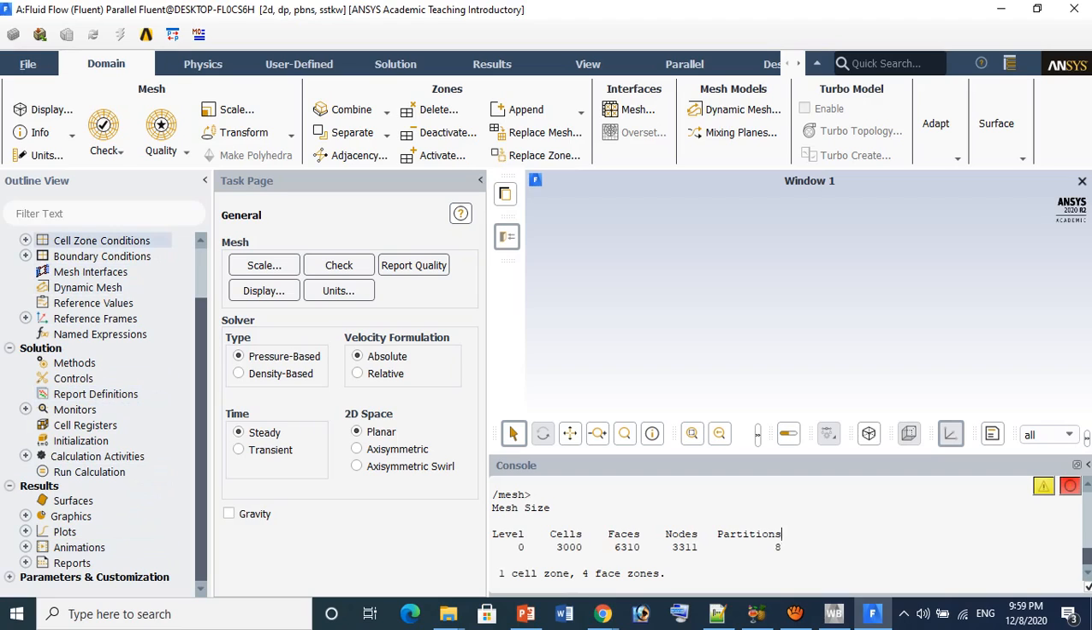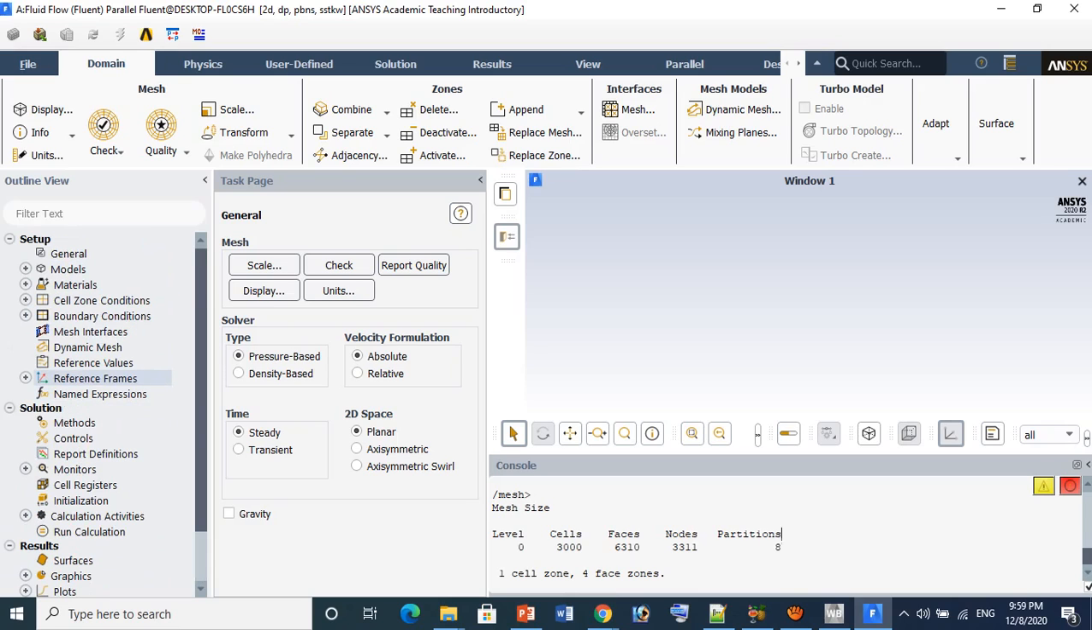Results, dynamic boundary conditions, mesh interfaces, dynamic mesh. There are a lot of options available in this one. Pressure based, planar, we will go to the transient,